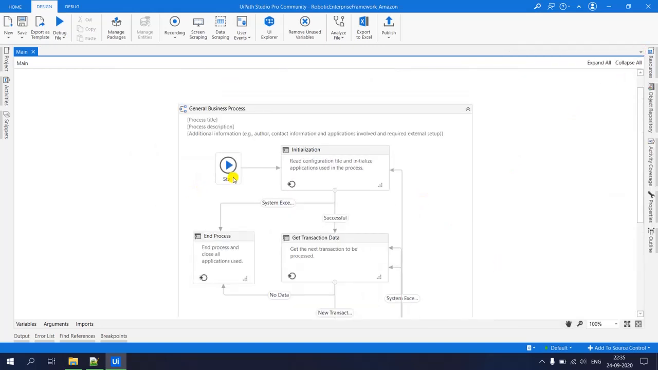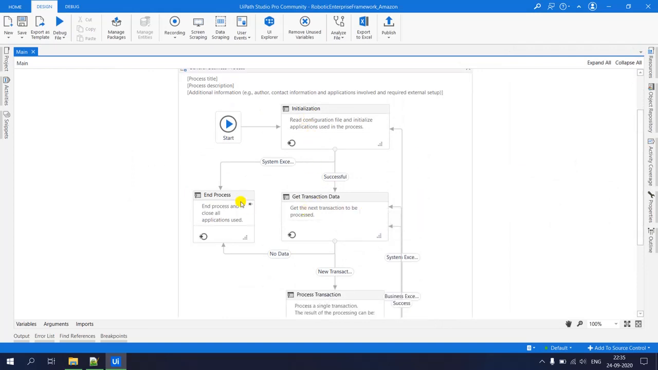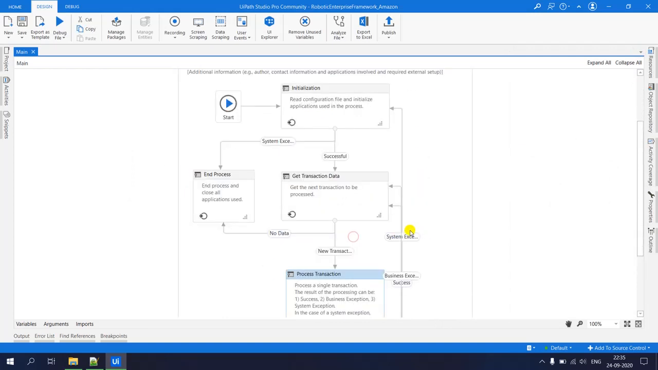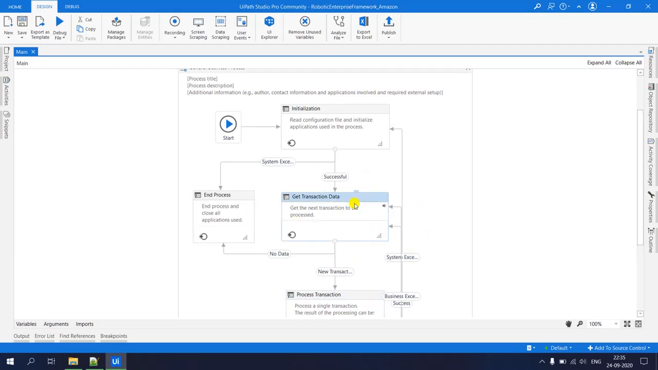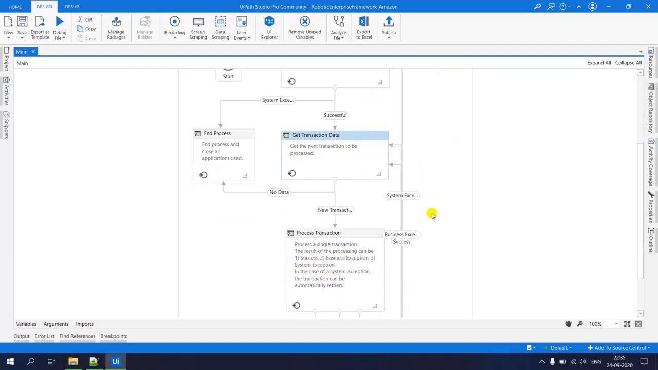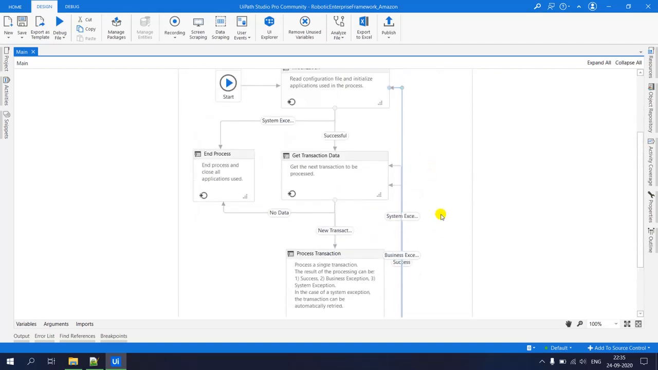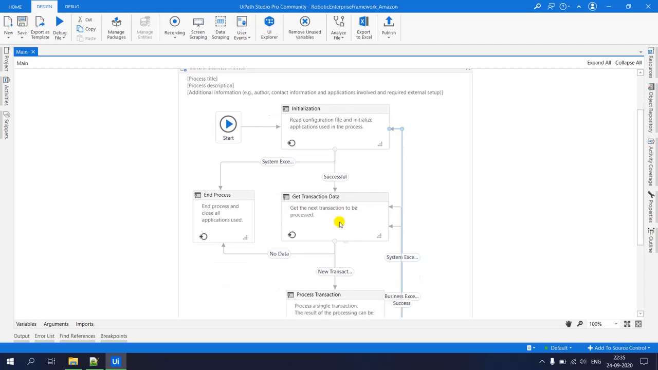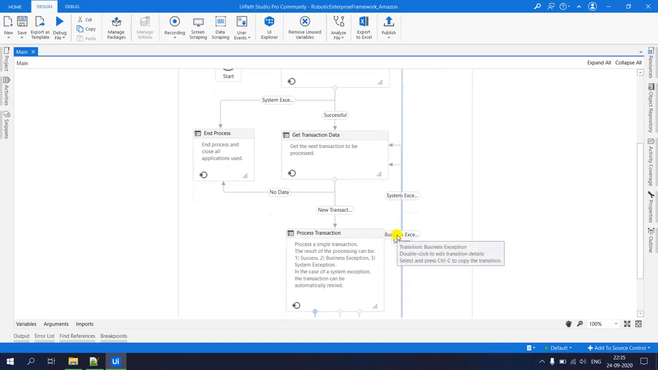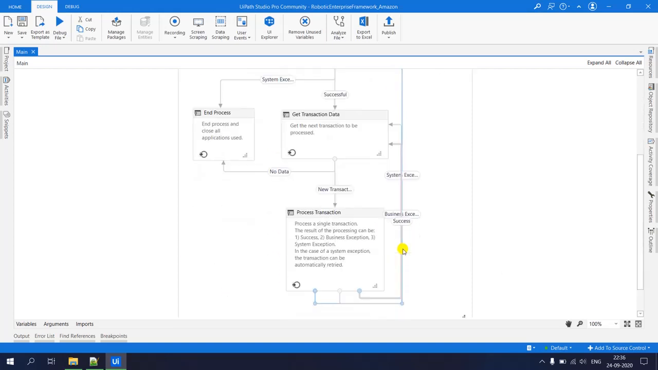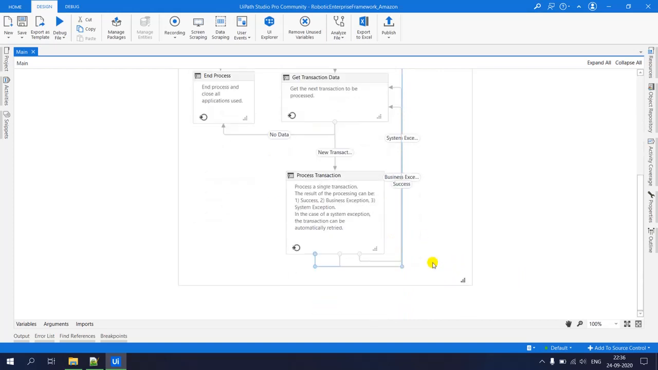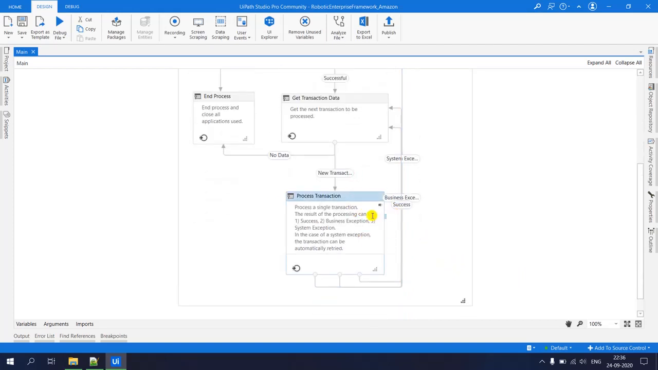Okay, so this is how the robotic enterprise framework looks. We have start, initialization, process transaction, get transaction data and all the states. Get transaction data is basically used whenever we have a repetitive transaction, right? That's why after get transaction we are getting the transaction. Then for each and every transaction we go to process transaction, and in the process transaction the actual logic lies,